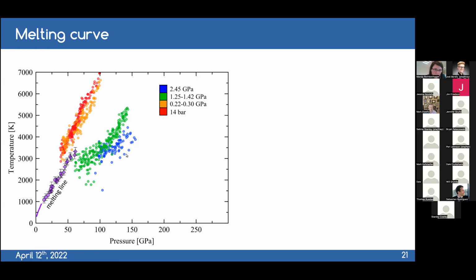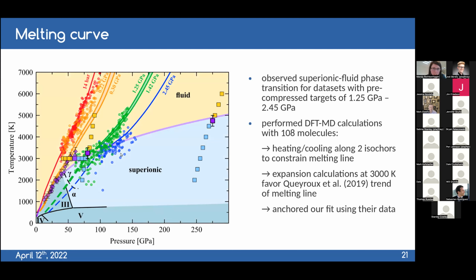And here you see this little plateau, and this is what we interpret in the experiment as melting. So when we combine this with some DFT-MD simulations, which were anchored here in these purple points, and then also we have an expansion simulation here, from this we derive the melting curve for ammonia for the first time